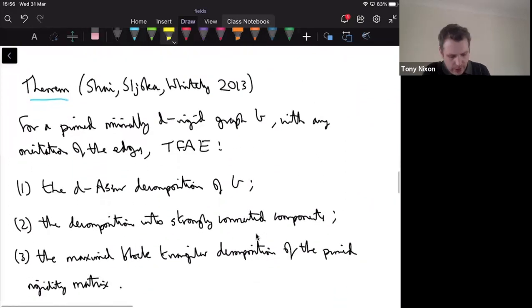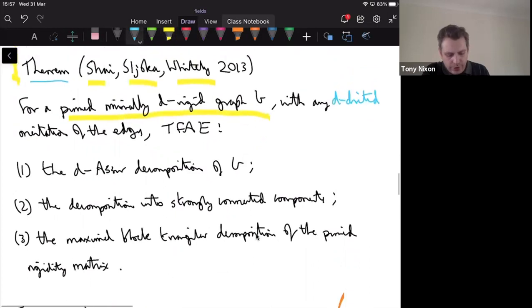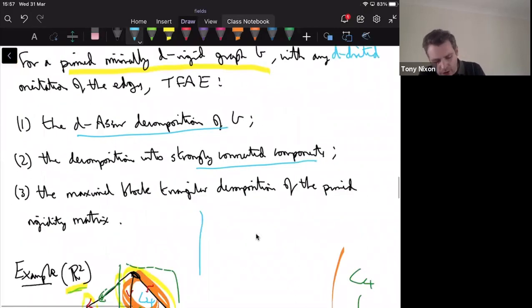Okay, so here's the theorem, which again today I decided not to prove, so maybe I'm just being a bit lazy today. But the theorem, due to Offer, Shai, Adnan, Shloka, and Walter Whiteley, says if you have a pinned minimally d-rigid graph with any orientation of the edges, any d-directed orientation, then the following three things are equivalent. So the Azur decomposition, the minimally pinned minimally d-rigid subgraphs decomposition, the decomposition into strongly connected components, but we also have